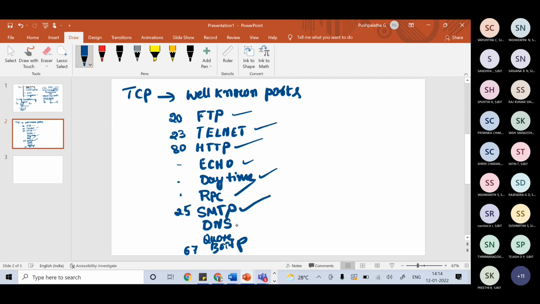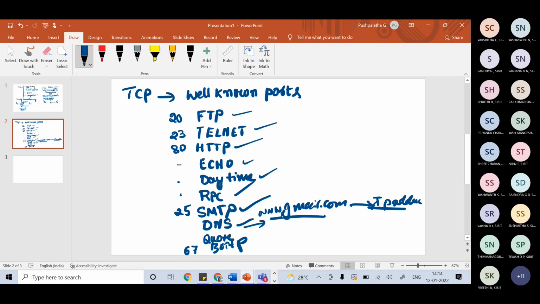And internally you will not be analyzing how the application software is working with all these ports, right? But at least a few of these you can remember. Domain Name System: when you enter a website you give the domain name so that it directly connects to the IP. If I give www.gmail.com, it converts this domain name directly to the respective IP address, and it will reach the respective IP.